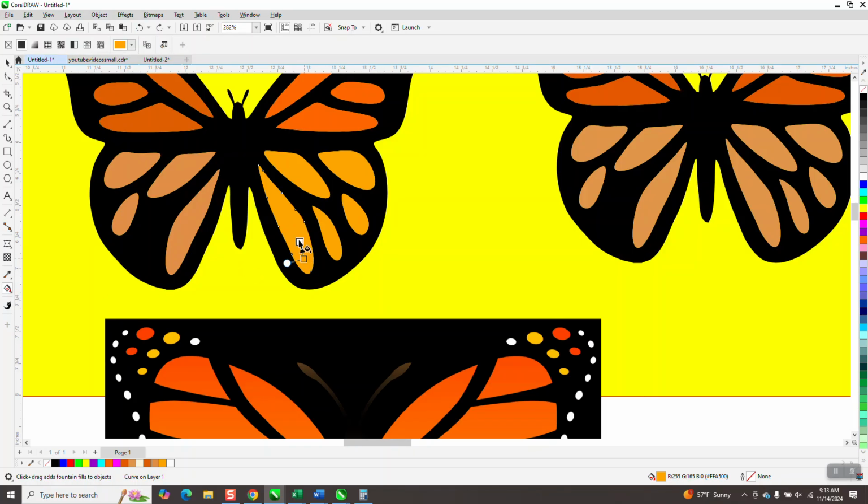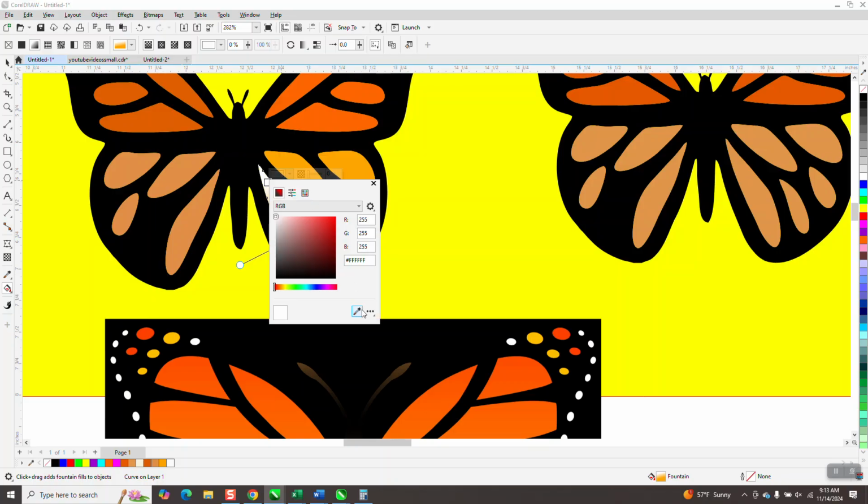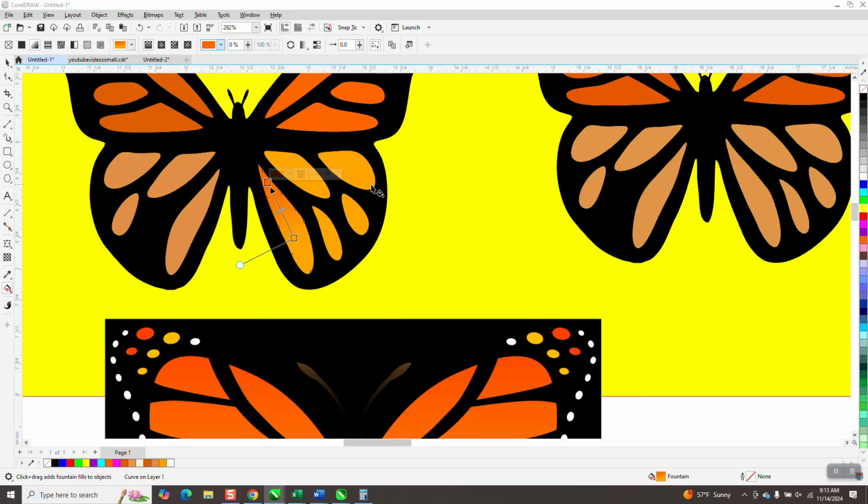And let's go up. See, okay, now it's working. I must have gone past. And we're probably going to move that up a little bit. And then I'm going to right click on it, get the eyedropper, and pick a little bit darker color, and then say okay. So this is probably more realistic looking